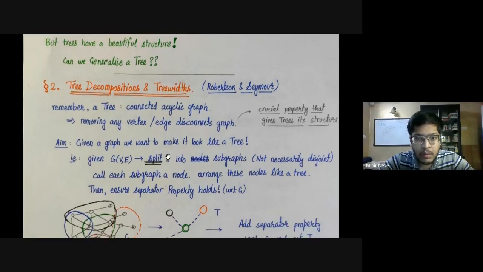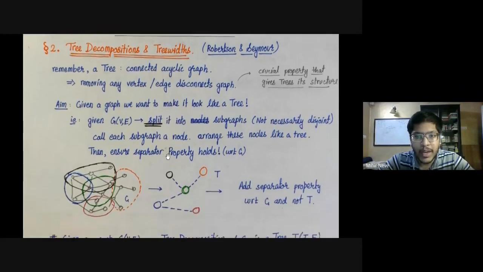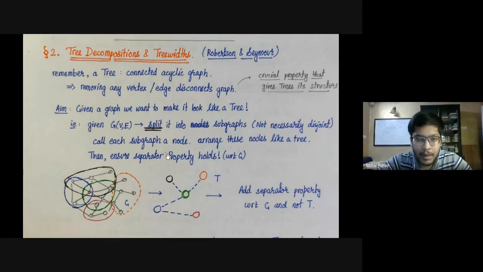So we want to take a graph and make it look like a tree. How do we do this? First, a simple idea would be, suppose you look at this graph. The graph is the one that has been drawn in pencil, the hollow circles and the lines. If I look at this graph G, in order to make it look like a tree, what I would like to do is demarcate some zones. So I'll pick some subgraph of this. Suppose I pick this orange one,